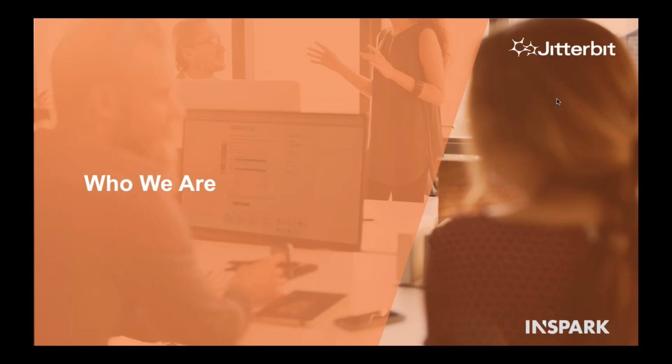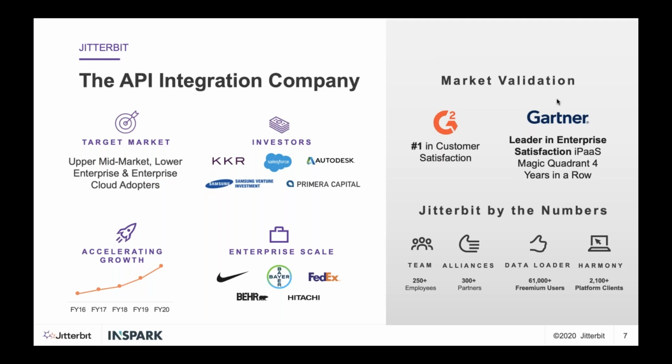I think it's important to explain also where we come from as it relates to our vision and mission as well. So Jitterbit is active in the space called iPaaS, Integration Platform as a Service, as defined by Gartner. And we tag ourselves as being an API transformation company. So there's two main components to our tech: integration and APIs. Our target market is really in the upper mid market, and then we have enterprise cloud adopters. So it's a very varied audience. We have customers all over the world and also in every vertical, right? Using a great variety of systems.